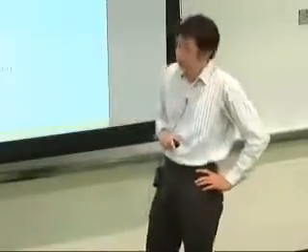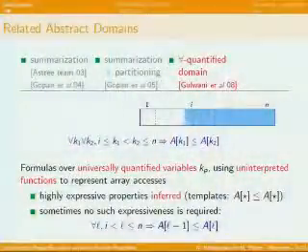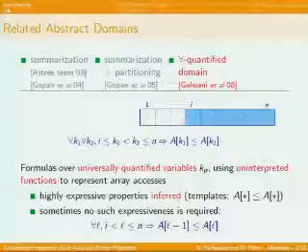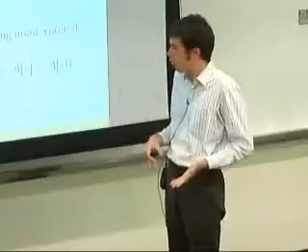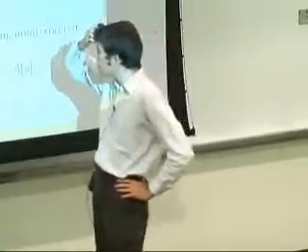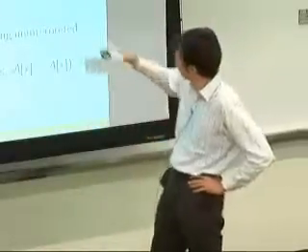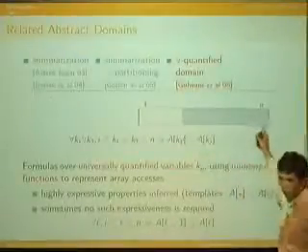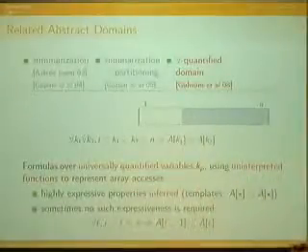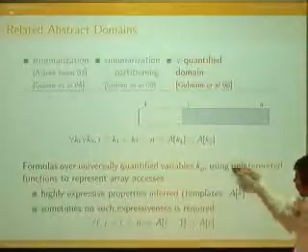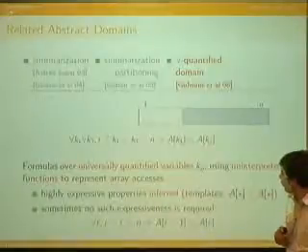And then there is the work you did in 2008 with McCloskey and Tiwari. And here, the idea of an abstract value is a set of formulas using one or more universally quantified variables, here k1 and k2. And these abstract values are highly expressive. So for example, to say that this subpart of the array is sorted, you can say that for all k1, k2, such that k1 is strictly lower than k2, the value at k1 is lower than the value at k2.